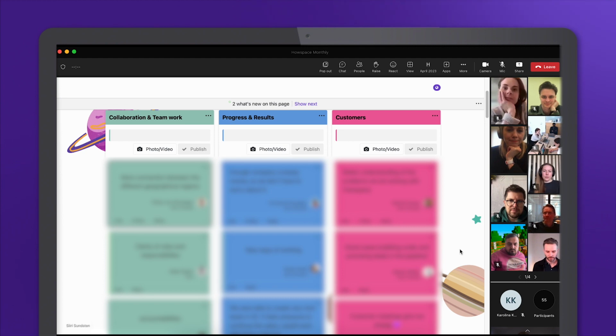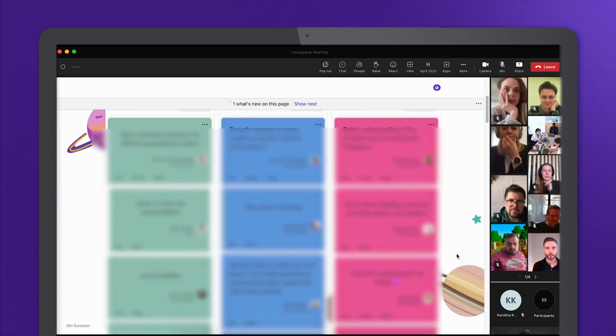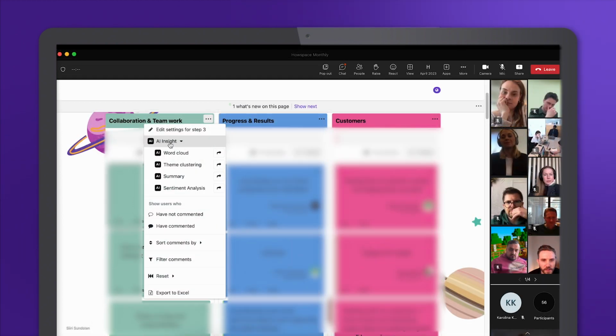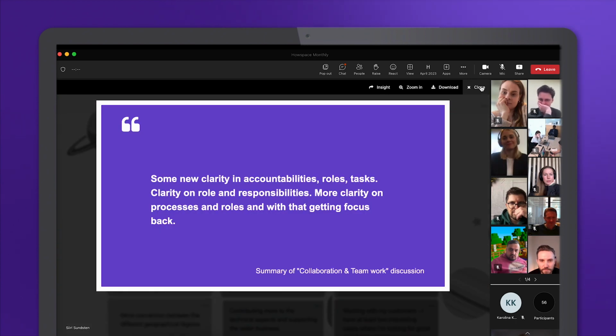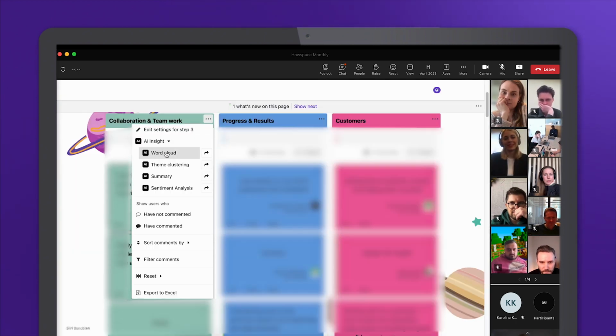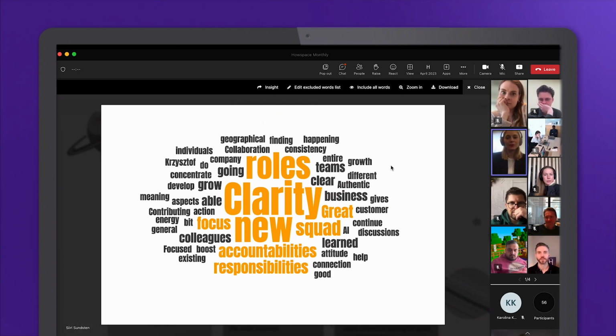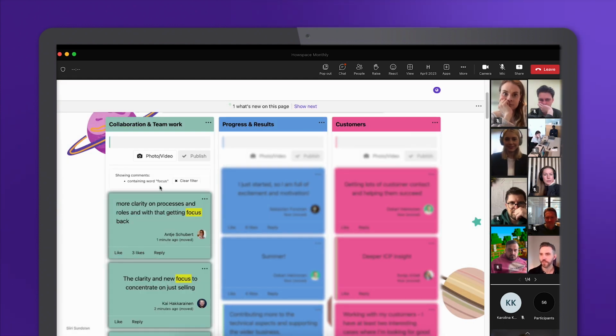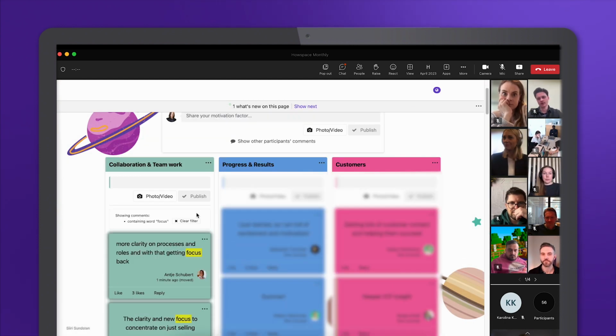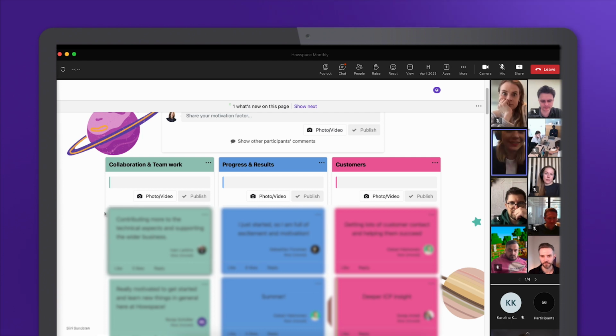Finally, we were able to make sense of the conversation in real time using Howspace's advanced AI features. This can be done in 2 ways, allowing the participants in a session the ability to filter the comments visualized in a word cloud, as I'm doing here,